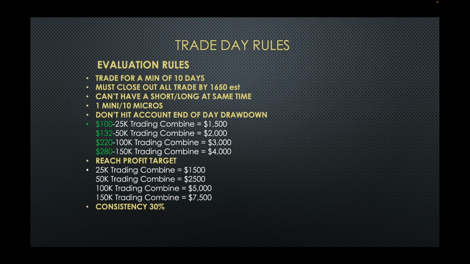You have to trade 10 days minimum. So if you do $250 a day, that's good. So even for that, just $7,500, 30%, you can't make more than $2,250 a day, but you're really trading 10 days minimum. We'll say bare minimum, you need $750 a day. So that 30% consistency rule should not factor in at all with this.